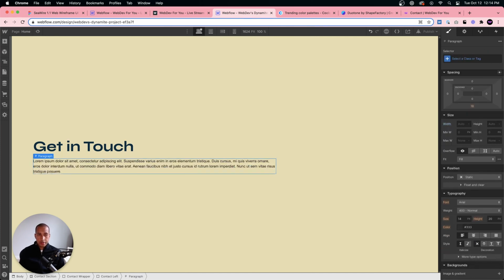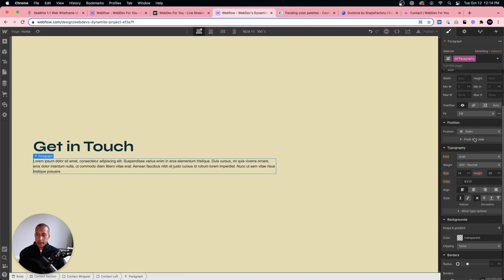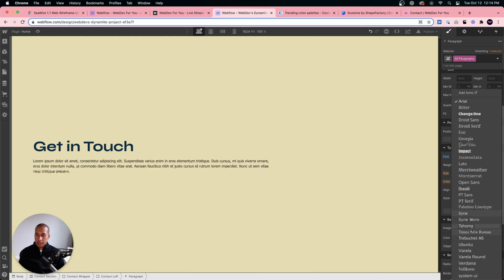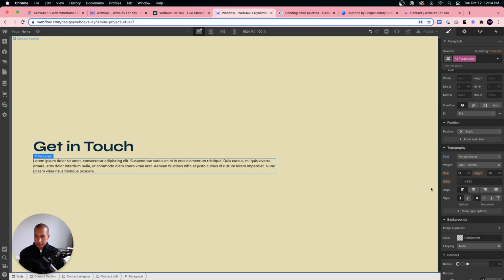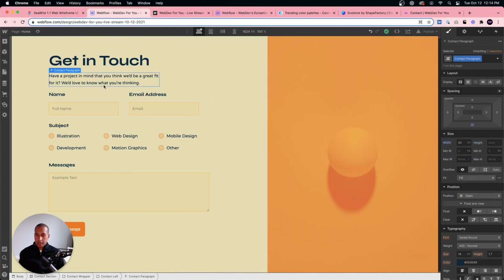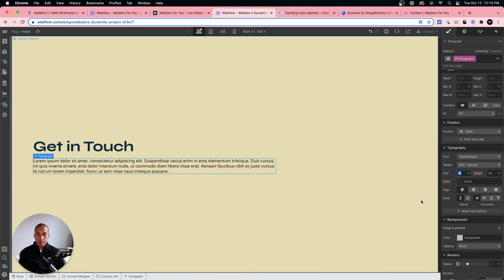I'll add a paragraph element. We'll style the all paragraphs text, and I'm going to try the Sign Mono. I do not like that. So let's do Varela like I initially had. So Varela, and I'm going to use a font size of 16. Let me make sure that's what I used here. Maybe 18. No, 16.